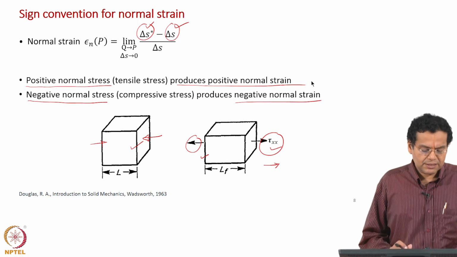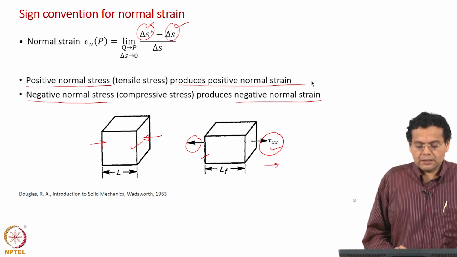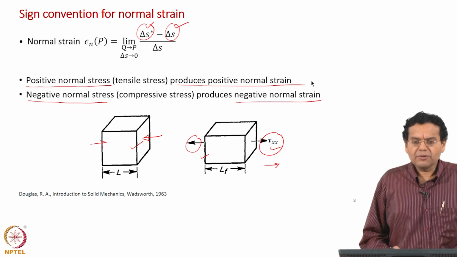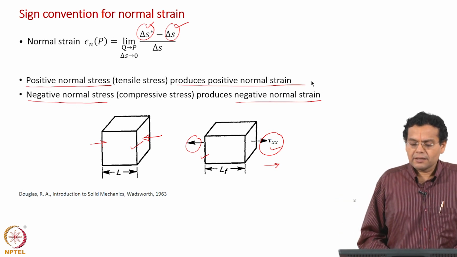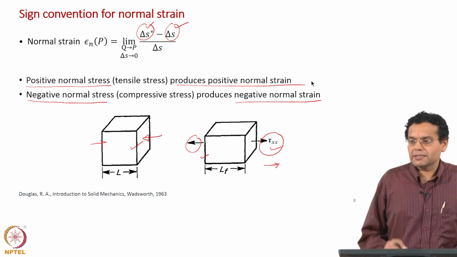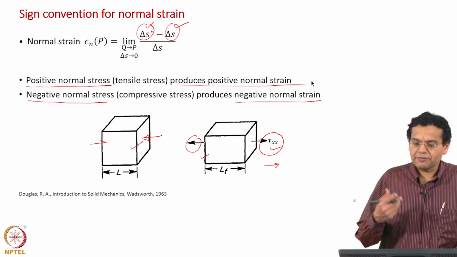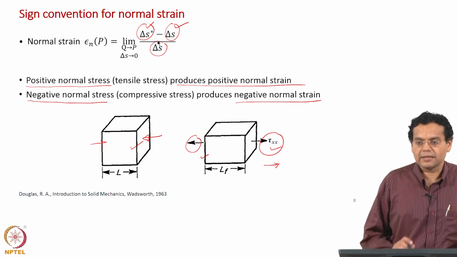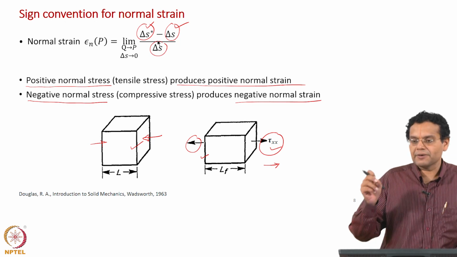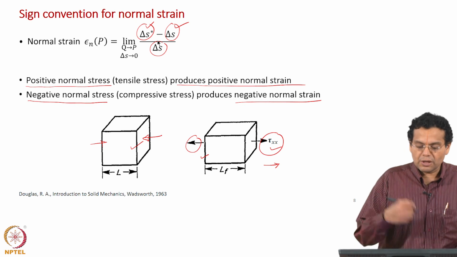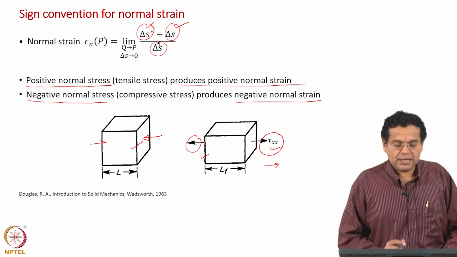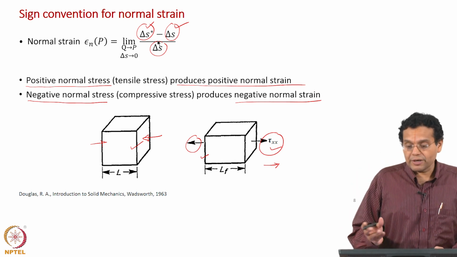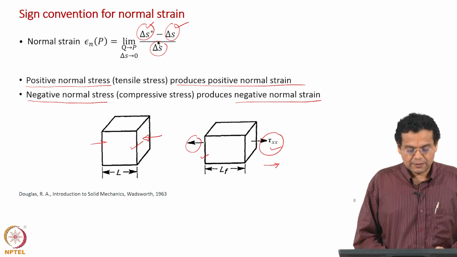Like to mention here, we could have left it at change in length alone, just like we left it at change in angle, but change in length is not normalized. That is why, to normalize and express it as a fraction, we divide by the original length. Otherwise it could be 2 centimeters, 5 centimeters, and it is not normalized. To normalize, we divide by the original length and get a normalized expression. Of course, that is not required for the shear strain, it is just a change in angle.